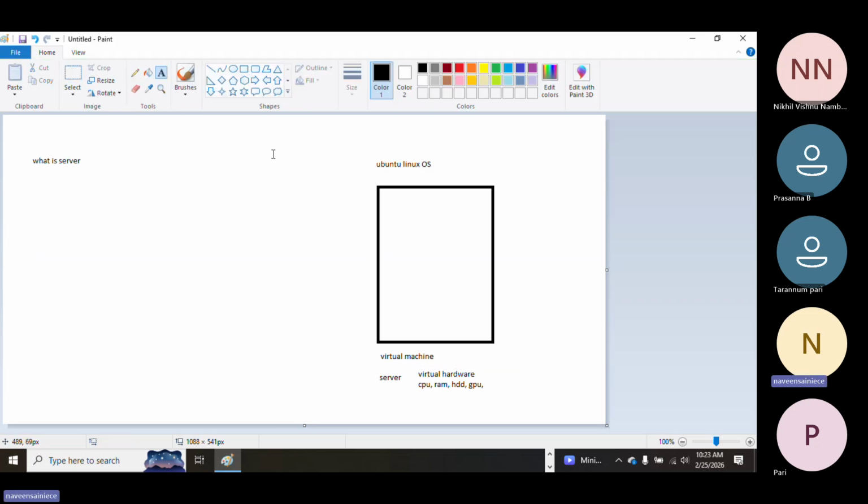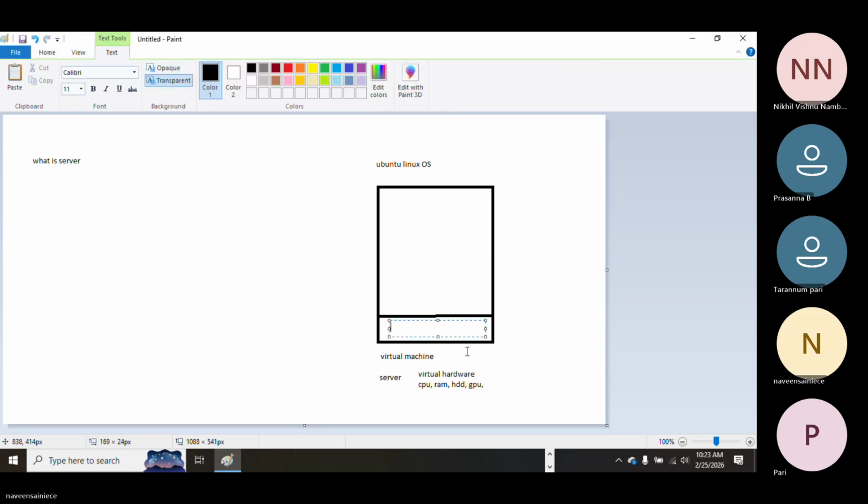And here an operating system is already there, we have installed it, so here is the Ubuntu OS.